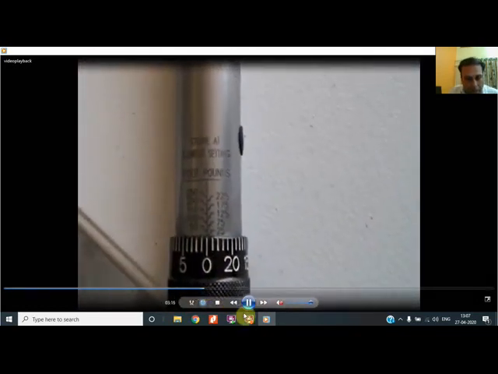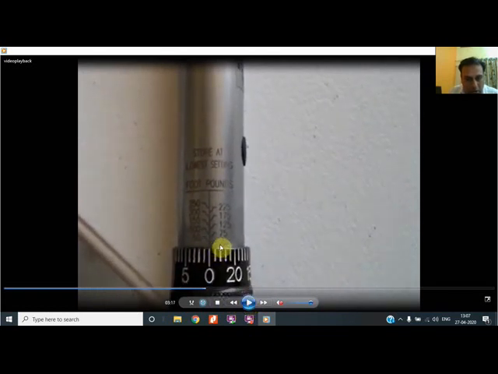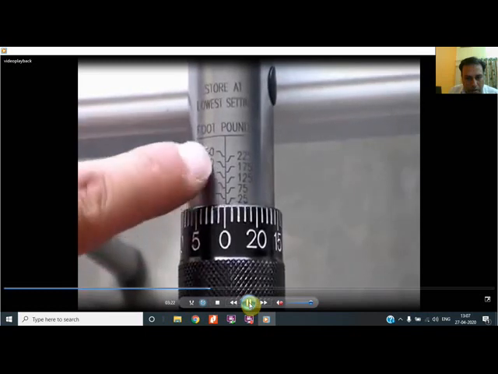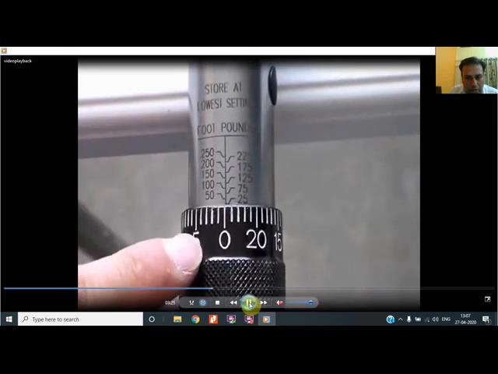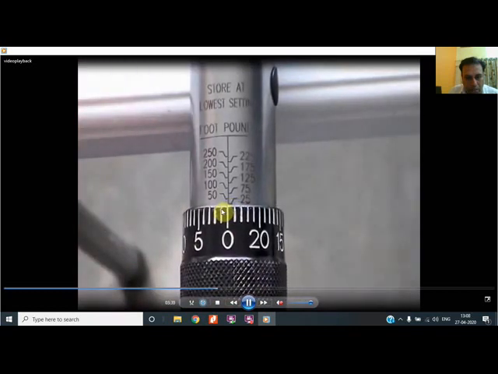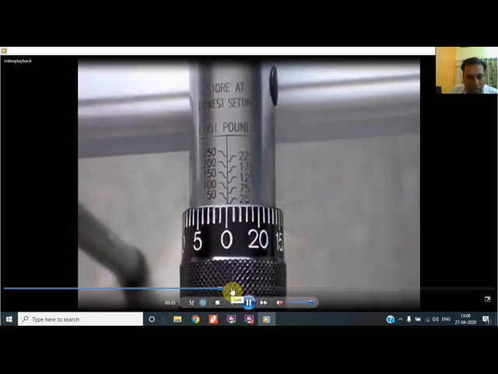Now he will rotate. Initially what you are seeing, that it is set to what torque? It is set to the 25 foot pound torque. This is for 25 foot pound. Now it is a clear image. 25 foot pound. Now if we move to this point, it will be 26. If this point will be matched to this vertical line, that will be 26. Now he will show 26 to you. Now he will rotate. This is the vertical line he is showing. Now it is 25, because 25 is mentioned over here. Now when this point will match, then it will be 26. So starting with this, he will rotate.